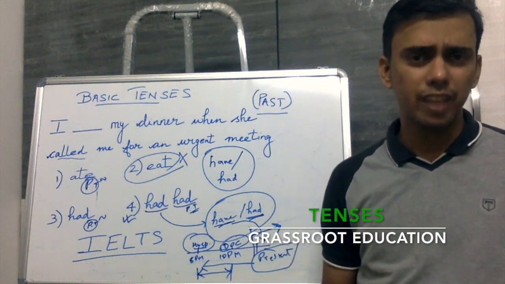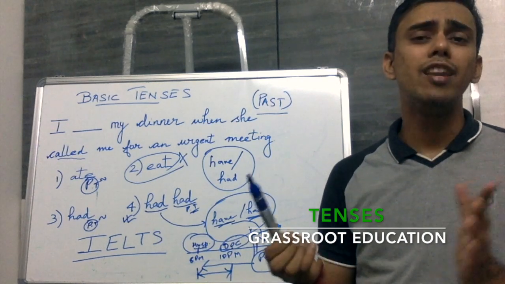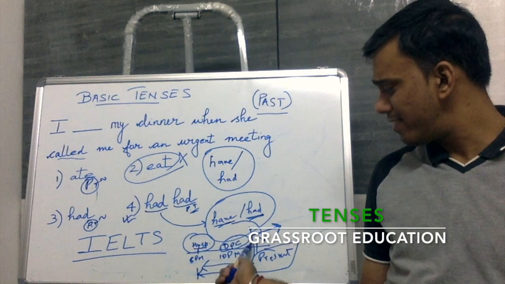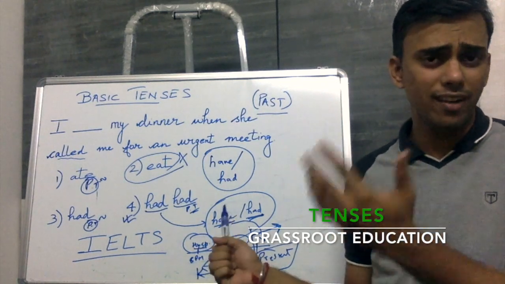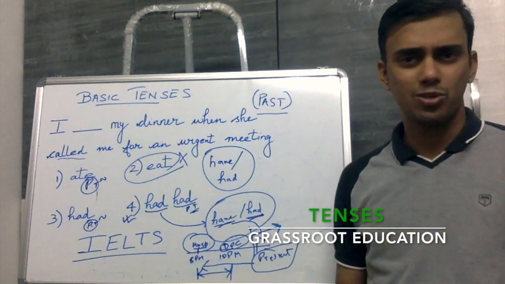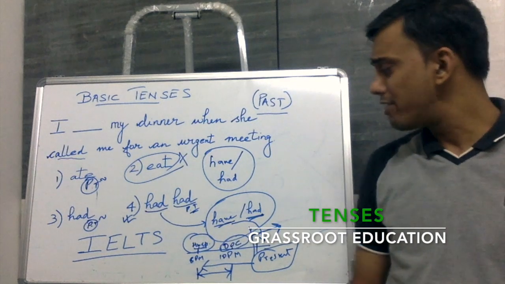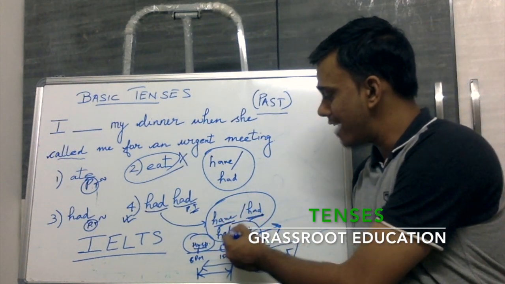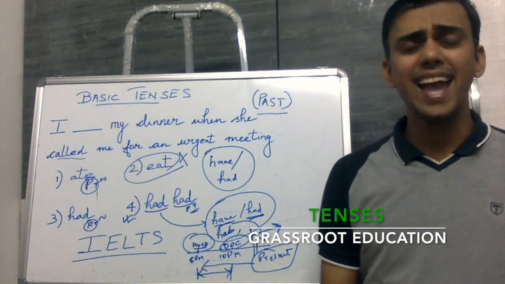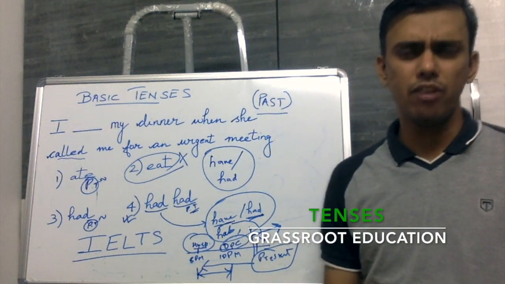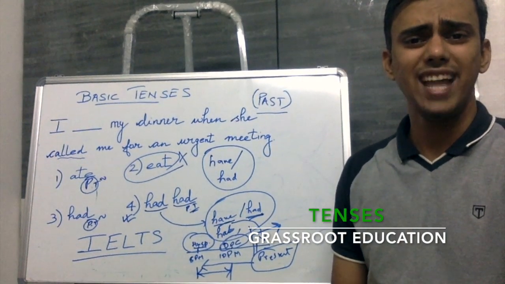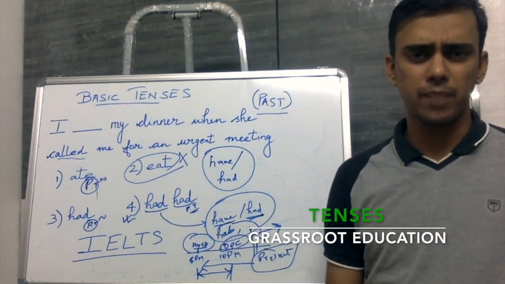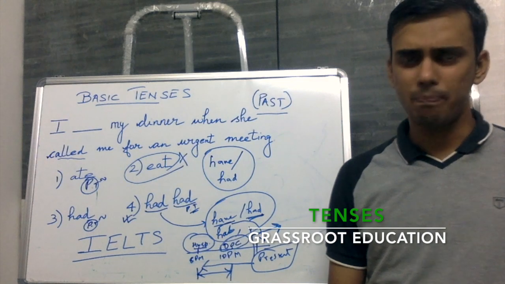Let me give you another variant to this. They have lived in Bangalore, which means that they started sometime in the past, when it's not important, but it continues. Now, if you have a singular subject, for have you can also use has. He has lived in Bangalore all his life. She has lived in Indore all her life. So that is how you use that.